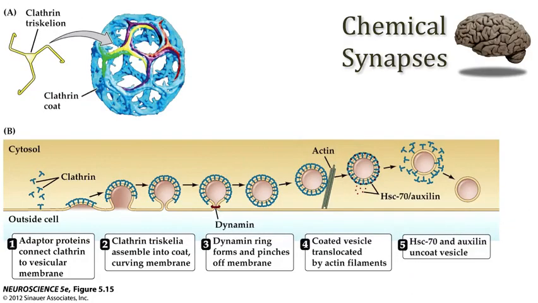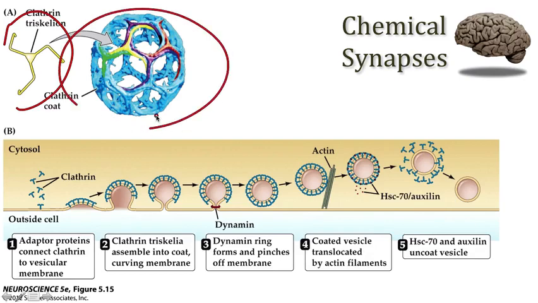So the clathrin molecule has an interesting geometrical shape. We see it up here to the upper left. It forms a structure called a triskelion, and that triskelion can then associate with other molecules and essentially form this buckyball-like ring around the vesicular membrane. And so as these clathrin triskelia begin to form, the vesicle membrane is pulled back away from the presynaptic terminal. At some point in here, dynamin gets involved and appears to nip these vesicle membranes,